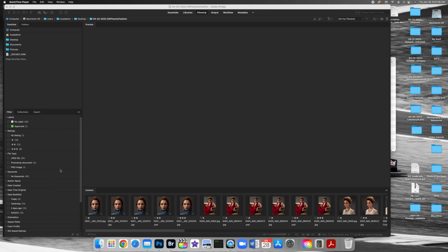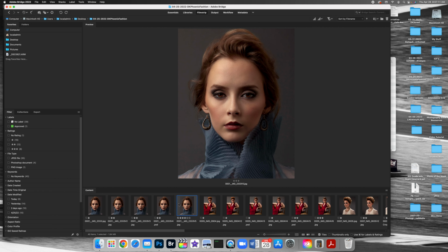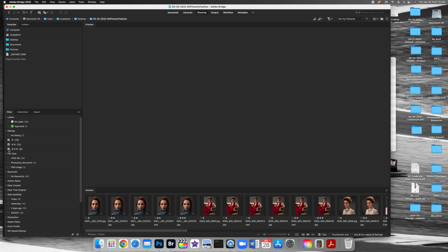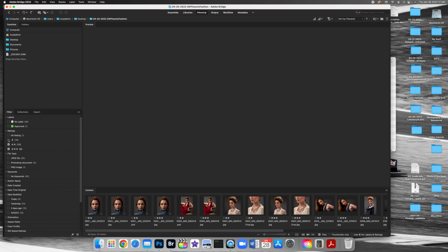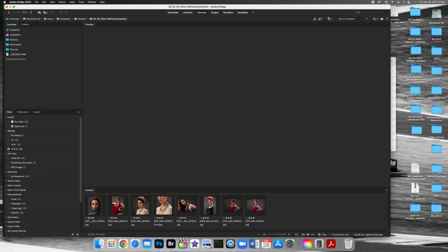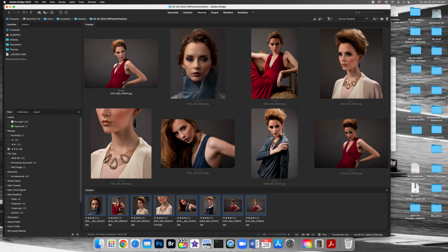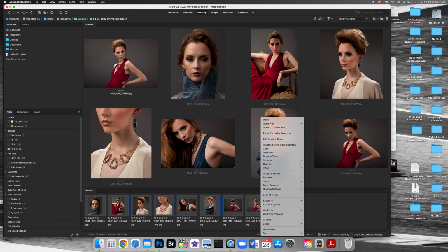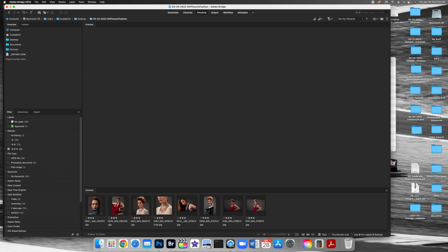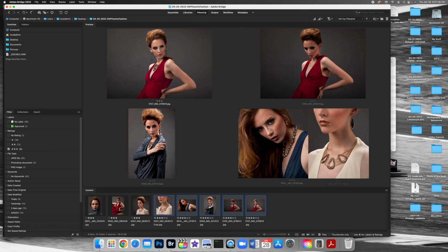So what I'm going to do is actually grab 8 photos from, these are photos I've been editing for a client. And so as you can see here, I do use the filters to filter which ones I've worked on and then which level, and so the 3 stars are all the best ones that I've done. So what you can do is you can select those 8 or 10 photos you're going to use for your maritime or your people, and then when you select them all, so you can press Command to select individually, you